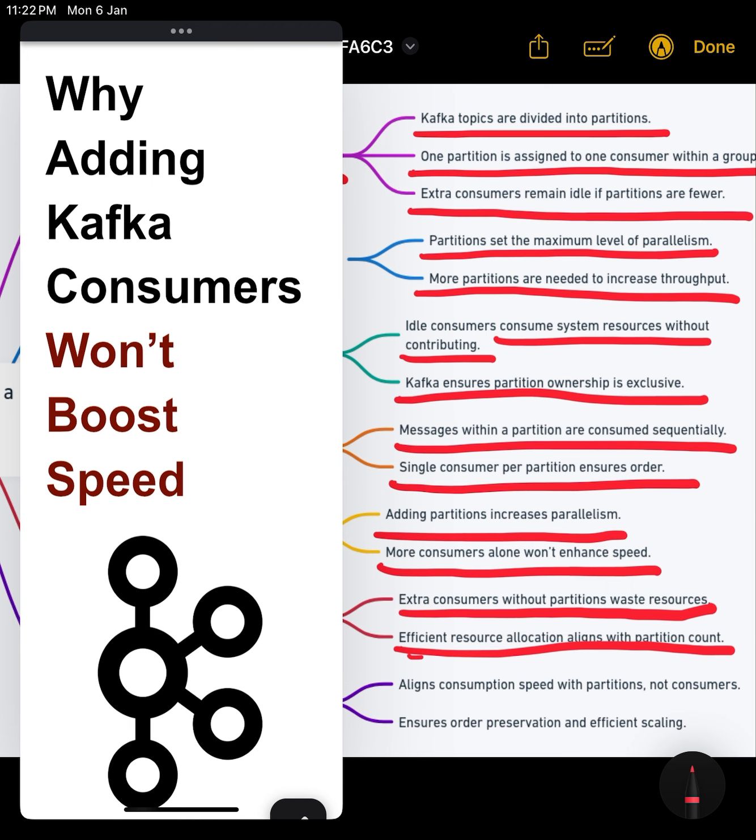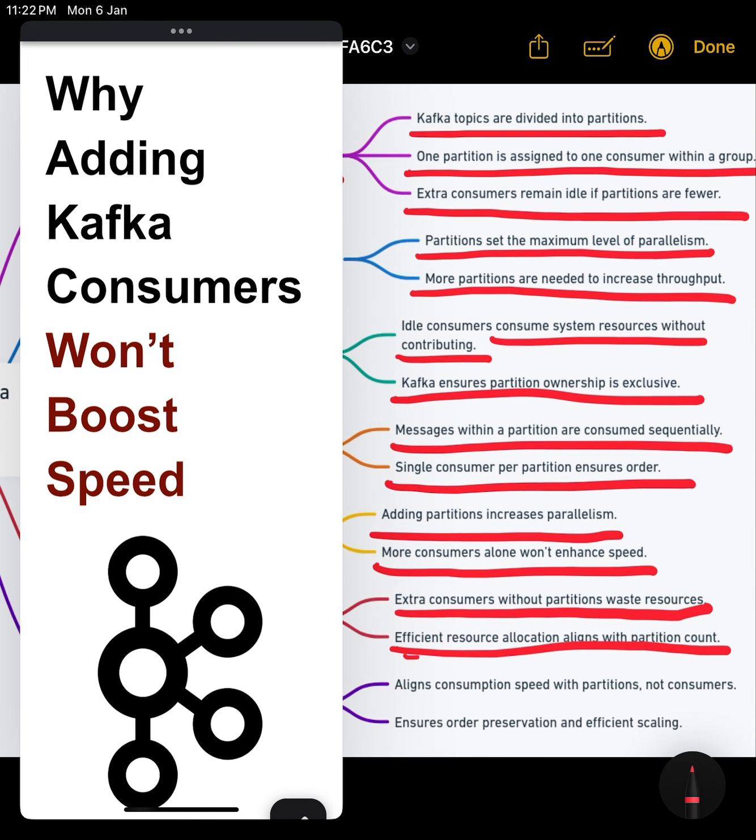Example scenario: if there are 3 consumers in the group, each consumer is assigned one partition. Adding a 4th consumer will result in the 4th consumer being